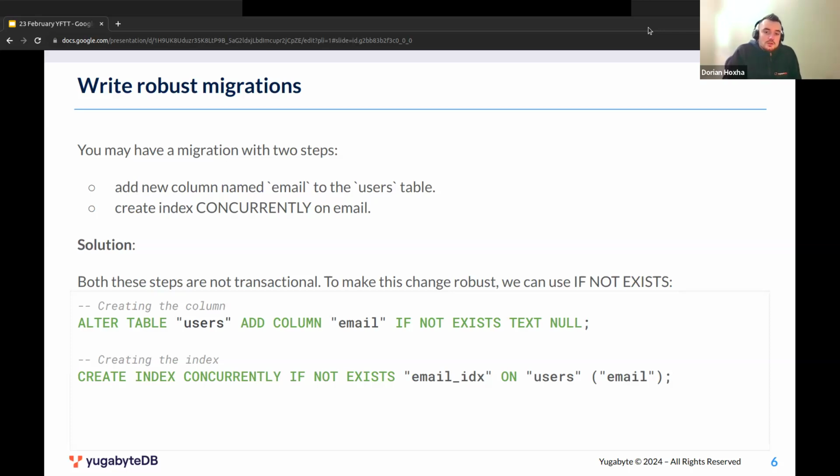So the best way in this case would be to have migrations that can be easily retried. The simplest case would be to create a new column only if it doesn't exist, so it doesn't raise an error. The same goes for an index: create an index only if it doesn't exist. So let's say if we had a migration with only these two statements, it is pretty easy to retry